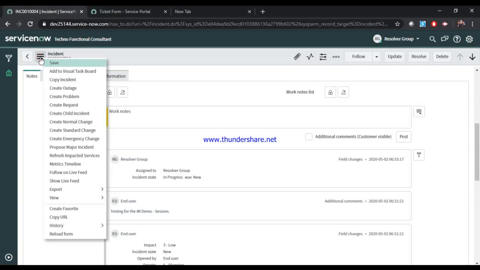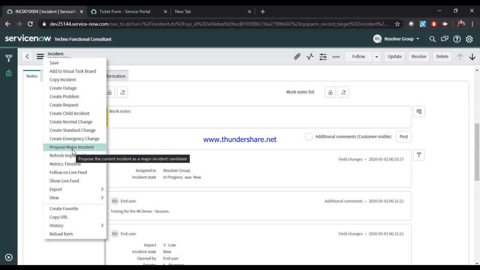Yep. So now you can see here that as the resolver group, because I just gave this resolver group the ITIL role, nothing else has been given, so he can only propose. You can see there are two options available. First, if I log in as a resolver group who doesn't have the major incident manager role, he cannot promote.